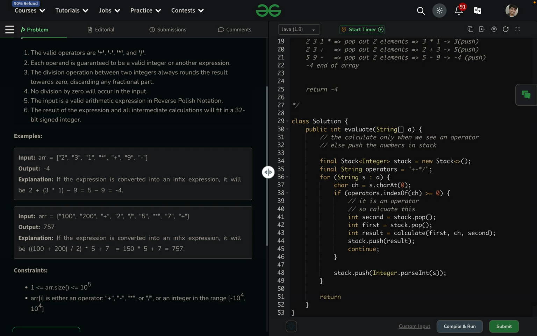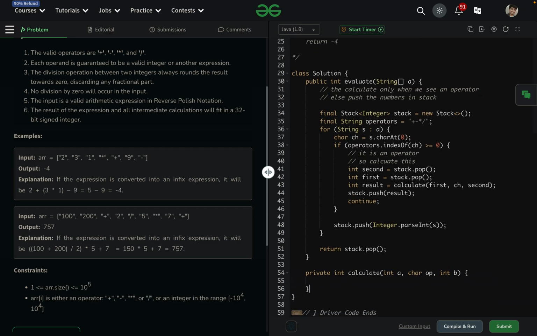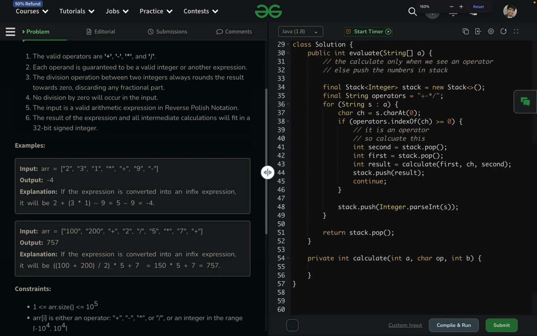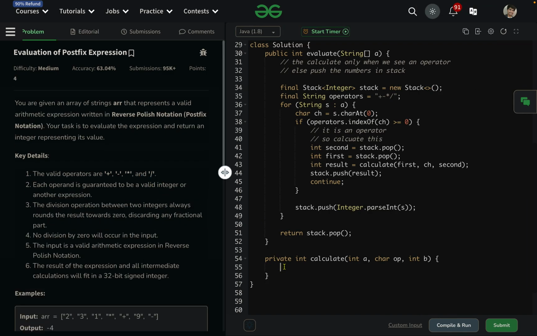And in the end we will just return stack.peek, or I'll just say pop. I wanted to empty the stack. Okay, cool. So I'll just say private int calculate. It will take a, it will take op, and it will take b. It's not an int, it's a character op. So for better visibility, let me increase the fonts. Okay, not that much. And yeah, the best way to check this is switch